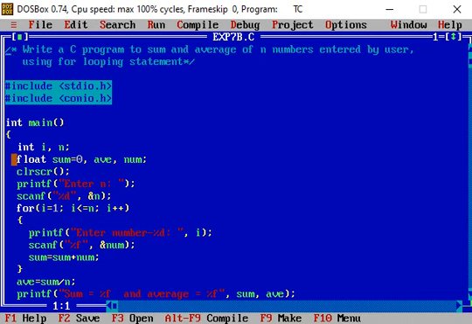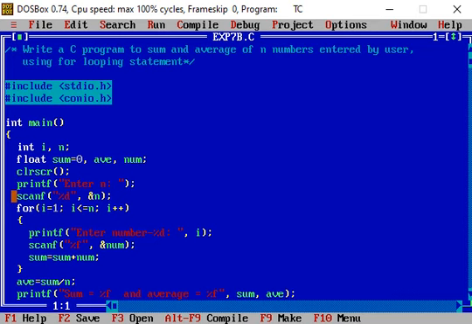The next statement defines sum, av and num, three float variables simultaneously. Sum is initialized to a value of 0. Clrscr clears anything previously written on the output screen. The printf statement prints a message: enter n.